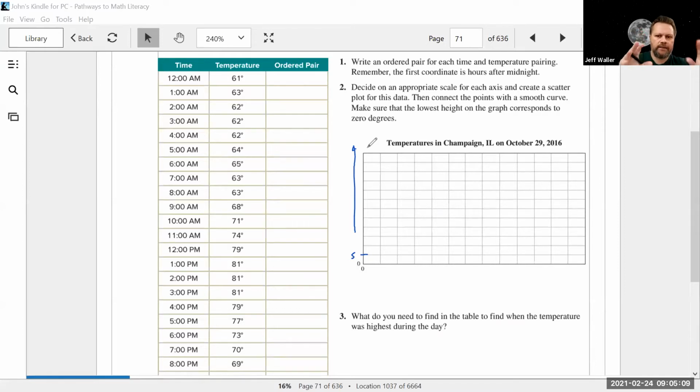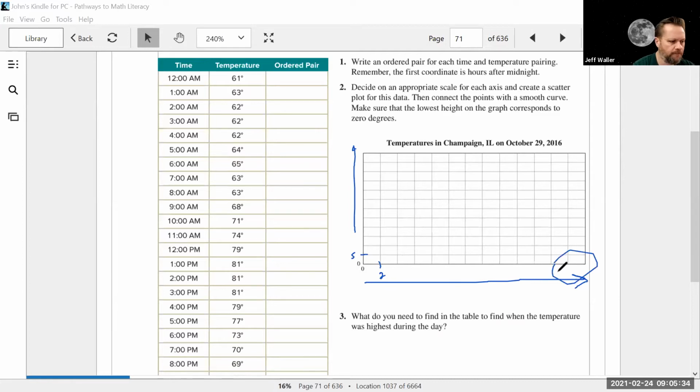So this idea of scale is crazy important. If you pick a bad scale, your graph is going to suck no matter how careful you are plotting the points. Okay. All right, I like it. And then you have to figure out a scale for this one. That's a little bit easier. And I'll remind you guys that we did figure 2 would be good because that'll get me up to 24